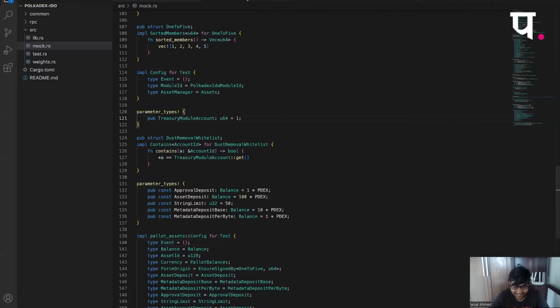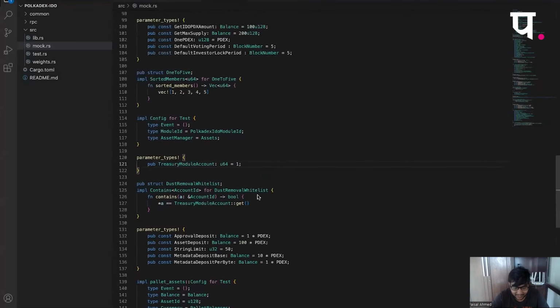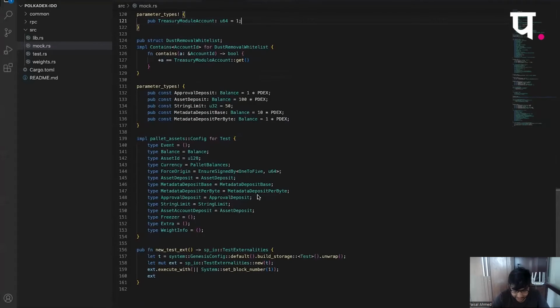So if there aren't any more questions, I think I'll go into the final part of this entire session. That would be testing. And I hope this makes sense because you will be seeing this a lot. That is, we will be getting a mock state machine upon which we will be running our extrinsics and verifying our logic.